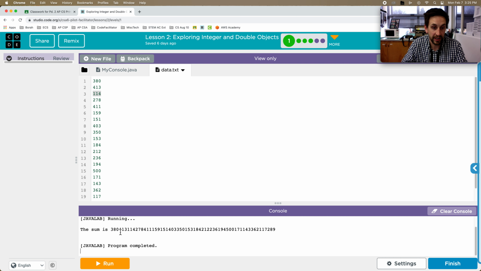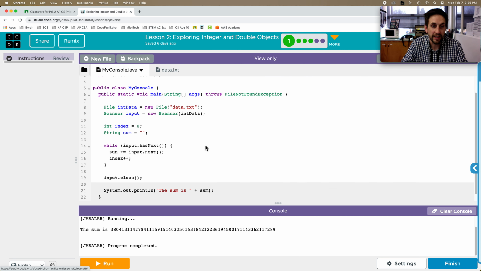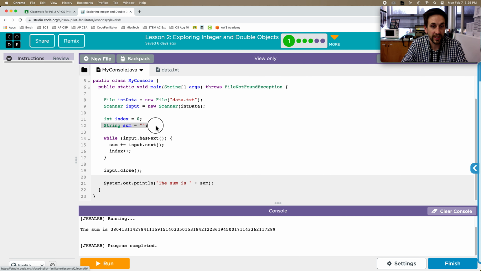And what's happened is we are creating a string called sum, and we are adding those strings together, or concatenating those strings together. So at first glance it may look like a mathematical operation, but we're really just concatenating those strings together. So go ahead and tick finish,